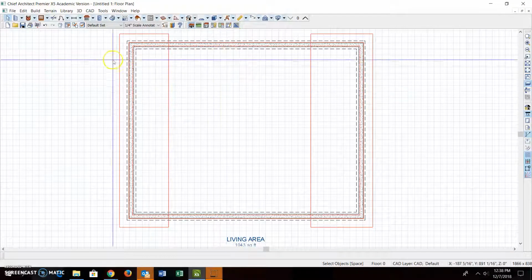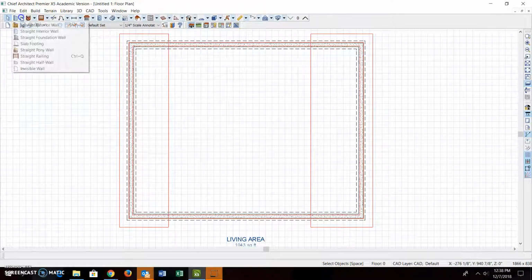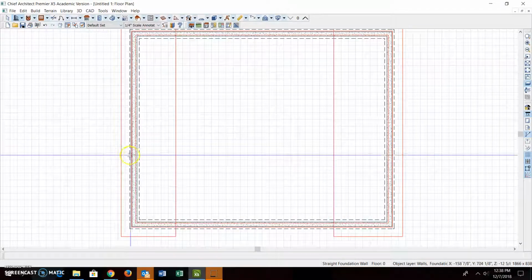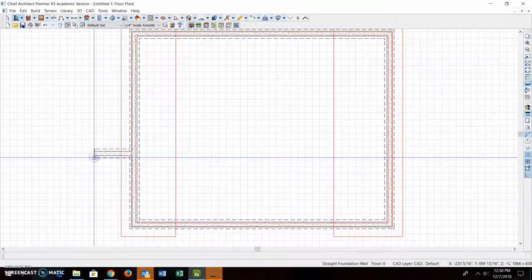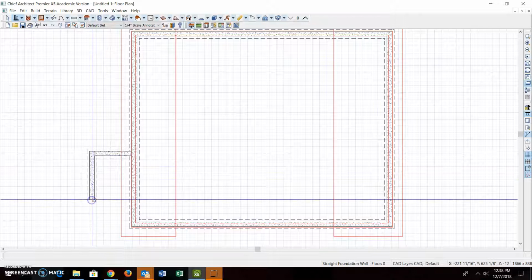Alright, this video is a quick demo on how to do an egress window. You need to have an egress window for every different living space in your basement. So it's pretty easy. You just take the